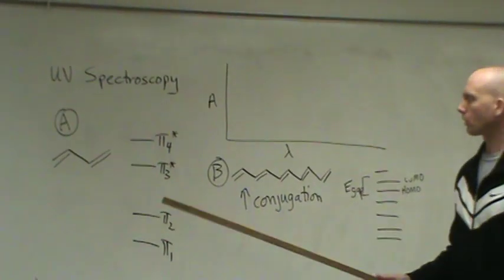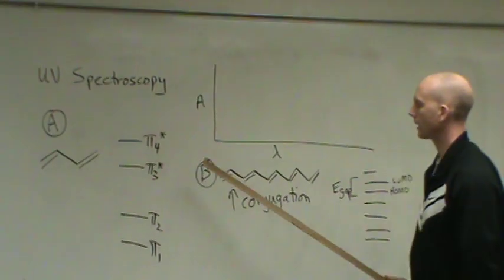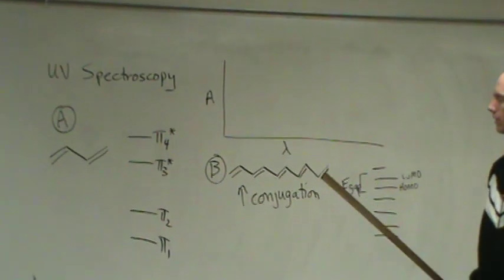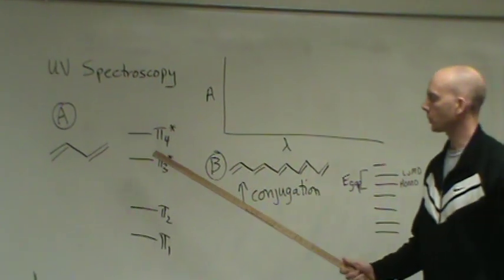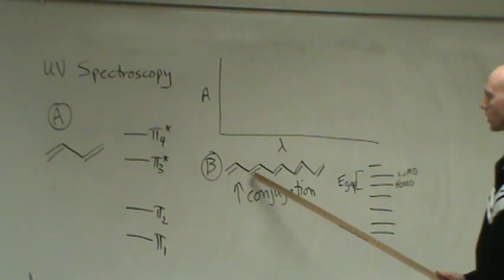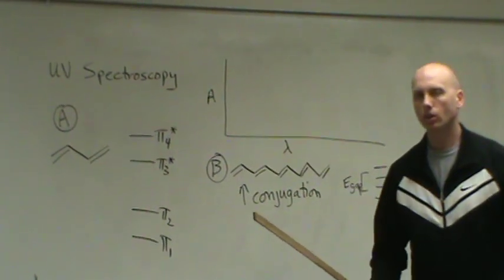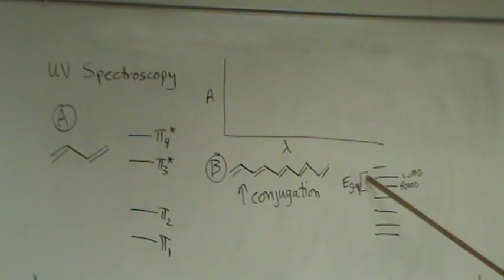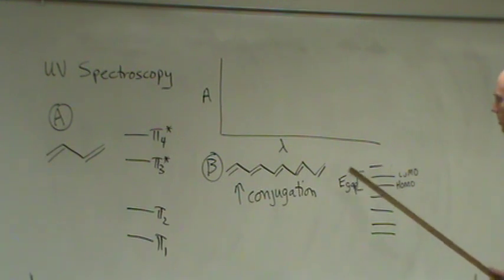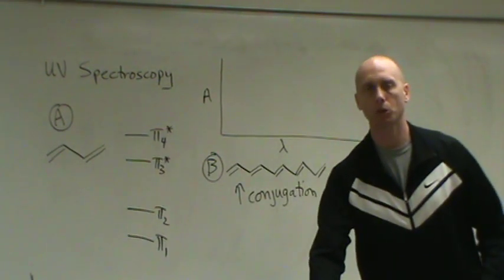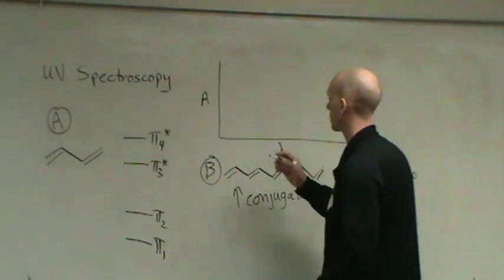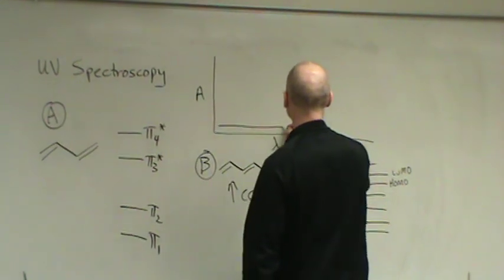So let's label our molecules A and B. Okay? So B has a larger amount of conjugation, so its energy gap has what? Decreased, so its wavelength should do what? Increase. So B